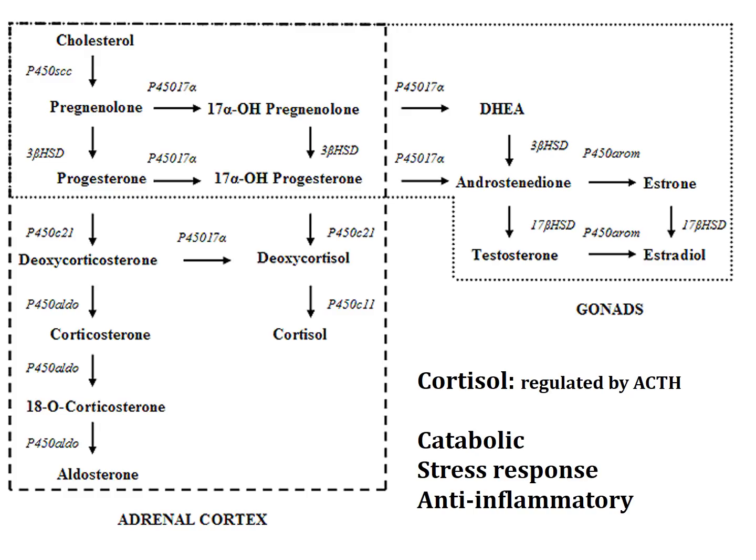Just another look at it here. Cholesterol being taken through the different enzymatic pathways to make the glucocorticoid cortisol, the mineralocorticoid aldosterone, and the sex hormones, progesterone, testosterone, and the estrogens. Cortisol is regulated by ACTH. So ACTH stimulates the enzymes of the adrenal cortex necessary to make cortisol. Cortisol is a stress response hormone. It is very much catabolic.